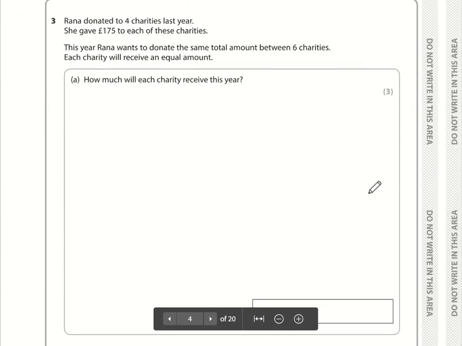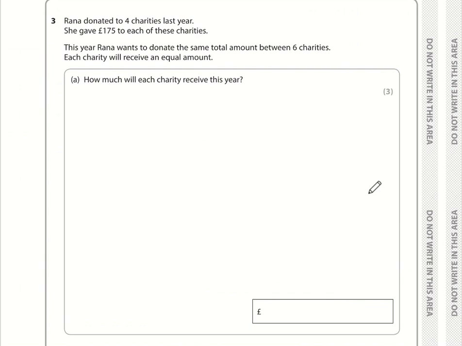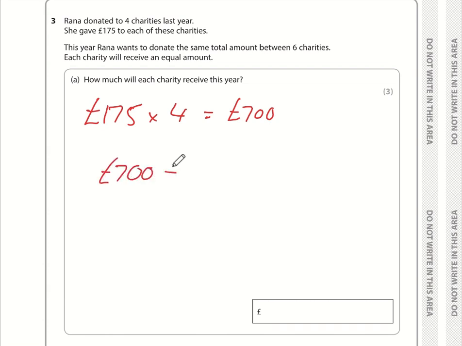Question number 3, Rana donated to 4 charities last year. She gave £175 to each of these charities, so I'm immediately thinking, how much did she give in total? That's 175 multiplied by 4, so that's a total of £700. This year Rana wants to donate the same total amount, which is the 700, between 6 charities. Each charity will receive an equal amount, so it's going to be 700 divided by 6, which is